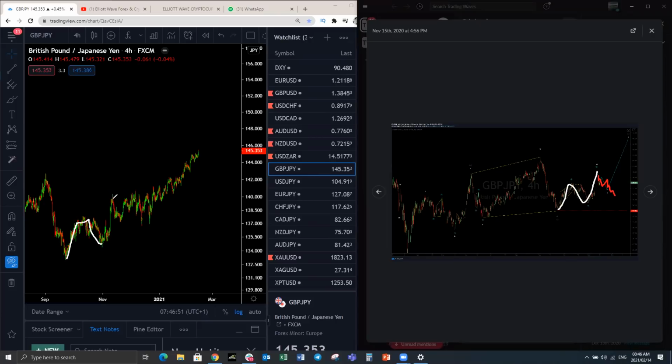This is how it has now played out. We expected that we're going to have that correction. Look at that. Okay, we don't say which correction. It can be any corrective structure, any of the corrections that Elliott has discovered. So this is how this plays out.